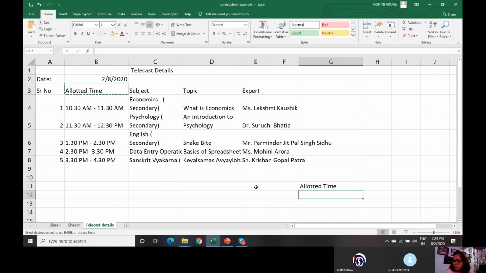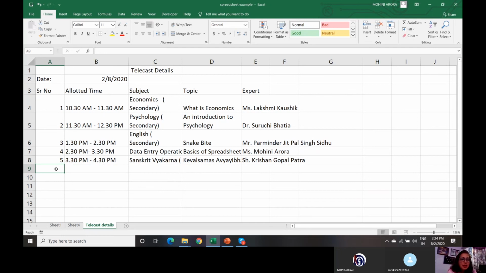Right? Now we come to the next feature, that is freeze panes. When I was discussing the objectives, I also told you that freeze panes is a very useful feature of a worksheet. Now what is freeze panes? Say, for example, your data in a worksheet ranges to 50 columns or 60 columns, or 50-60 rows.